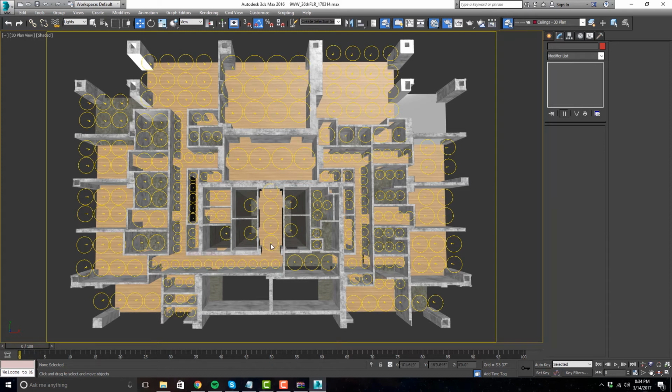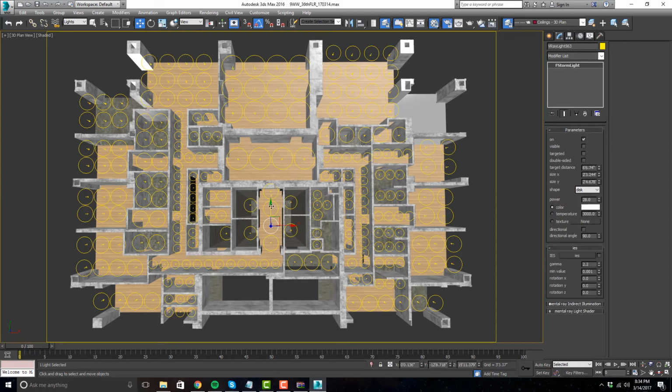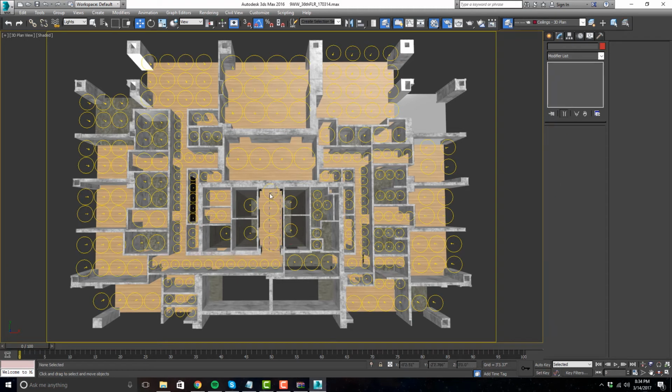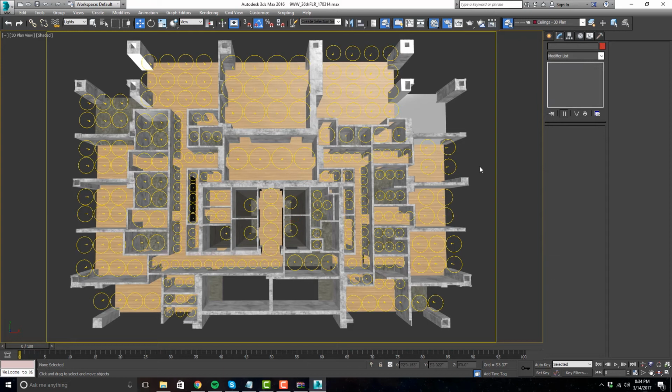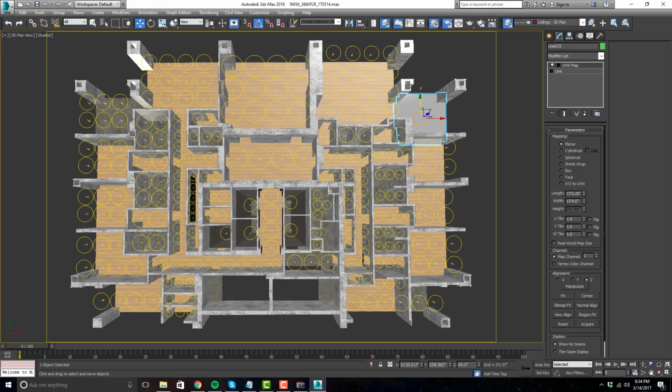Okay, so that should give us some pretty good light coverage. Okay, let me see if I can just grab some of these guys here. Yeah, that's good enough. It should give us some pretty good light coverage, especially when we have the sun coming in through the windows. So we'll go ahead now and start to do some test renders. So go ahead and save this. And before I forget, I gotta change this